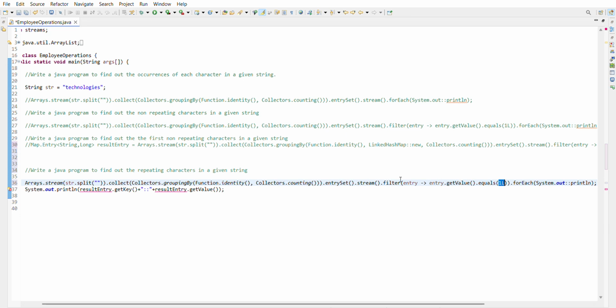what I'm doing here inside this filter condition, after getting each character and their occurrences count, I'm filtering it based on their occurrences count. That means the value inside the entry. So I'm using this condition 1L. I mean whichever entry has the value as 1, that will be a non-repeating character, obviously. So what I will do,